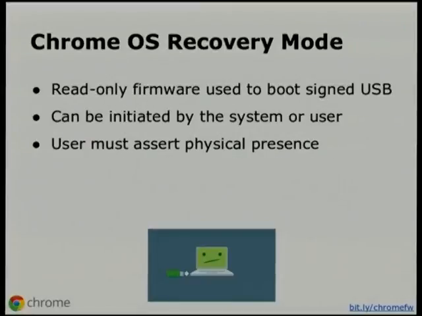Specific to Chrome OS devices is that there needs to be some sort of way for a user to recover their system, either if it's been damaged for some reason or if a hacker has managed to get in there. And so there is a set of firmware that's entirely read-only that is used to only boot a signed USB image. Recovery mode will never attempt to boot from your local disk in case it's been compromised. And you can enter this recovery mode either if the system detects a problem or if the user manages to assert physical presence with either a switch or a button or using a special magic keystroke, assuming you have an